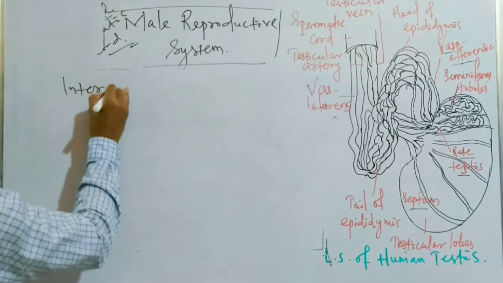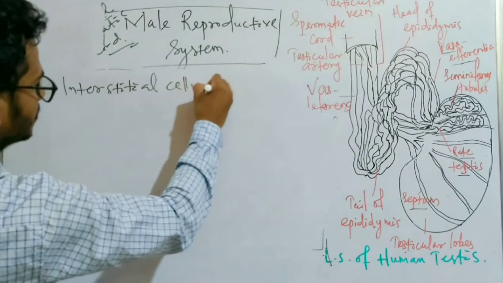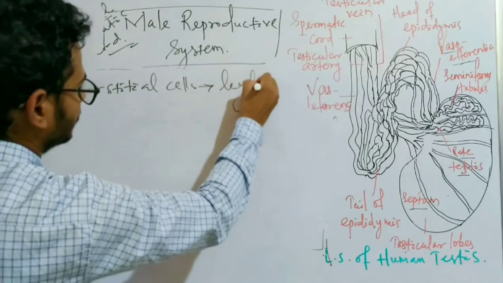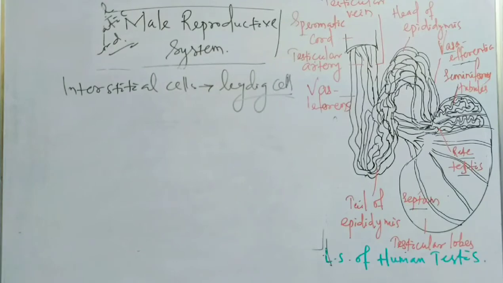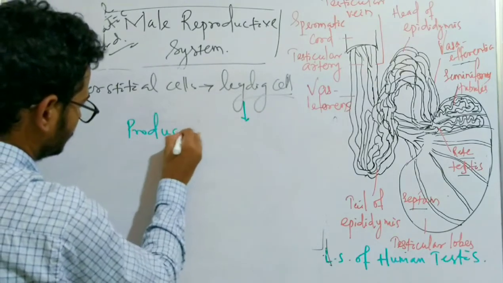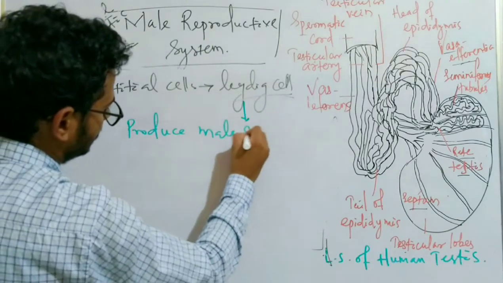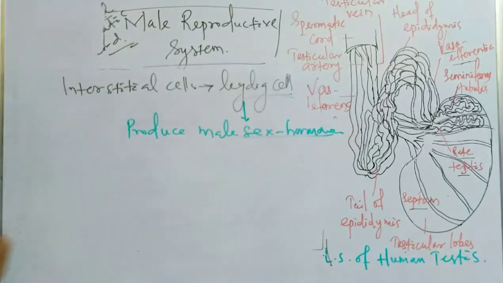The interstitial cells, or the Leydig cells, or the cells of Leydig. Okay, so the Leydig cells produce male sex hormone. They are important because they produce male sex hormone. So the male sex hormone is produced by the Leydig cells or the interstitial cells, which are